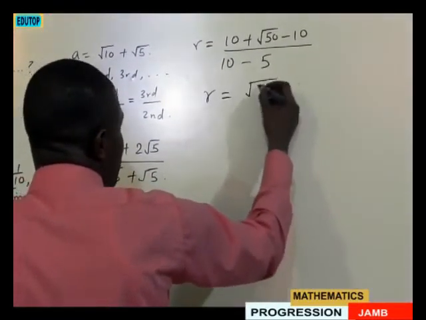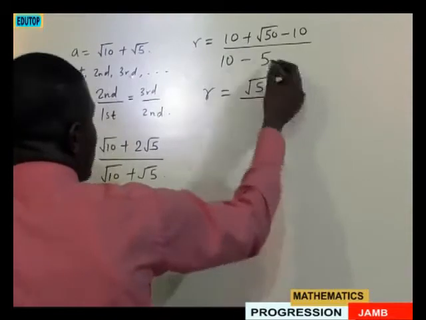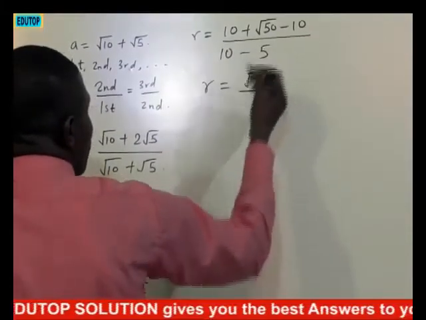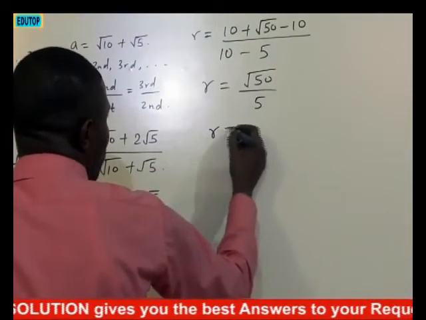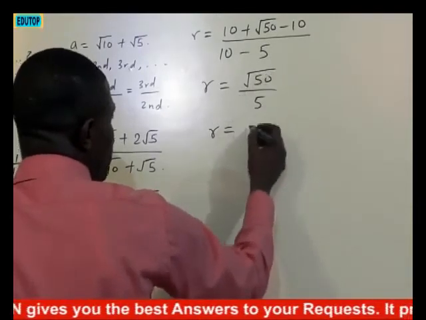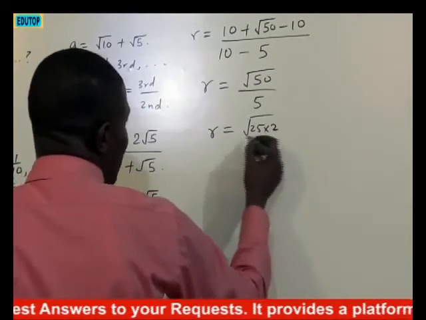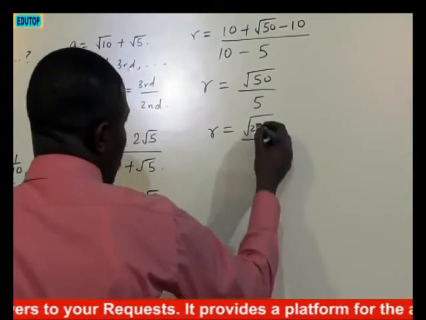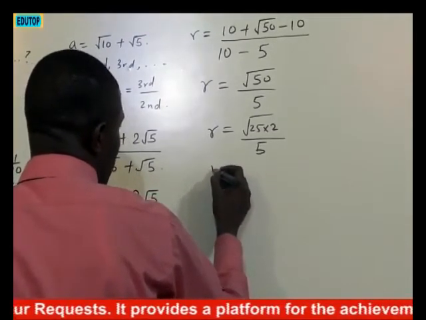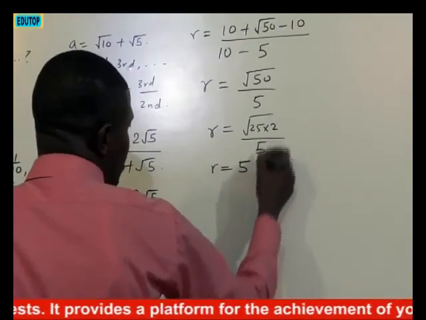So we have root 50 over, what is this? This one is 10 minus 5, which is 5. So I have R equals root 50, which is the same thing as saying 25 times 2 under this root, over 5. Then what is root 25? Root 25 is 5. Then into